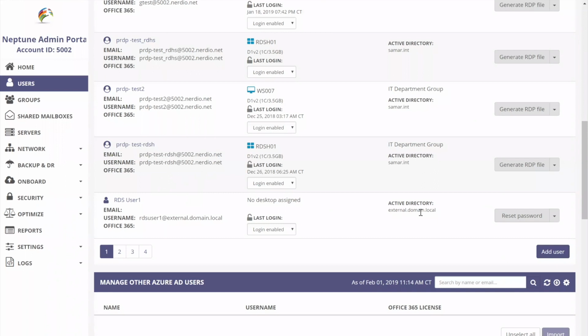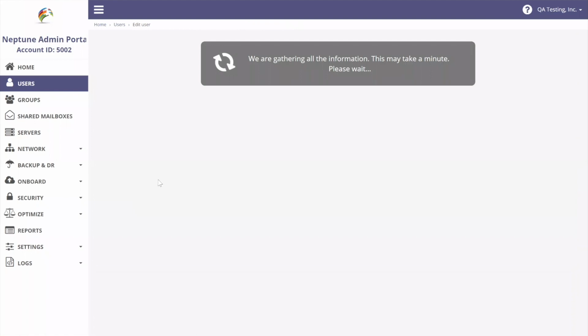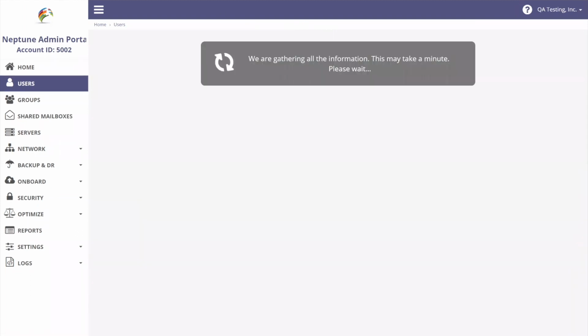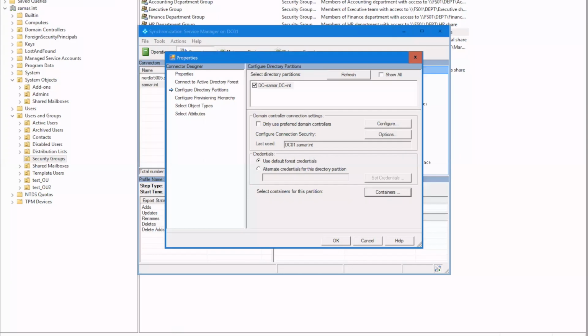You can see the user is still in this domain. The user would still have his existing Office 365. You can now come in here and assign a desktop to that user. Okay, you can assign a desktop to that user. And if we go under the configuration here,